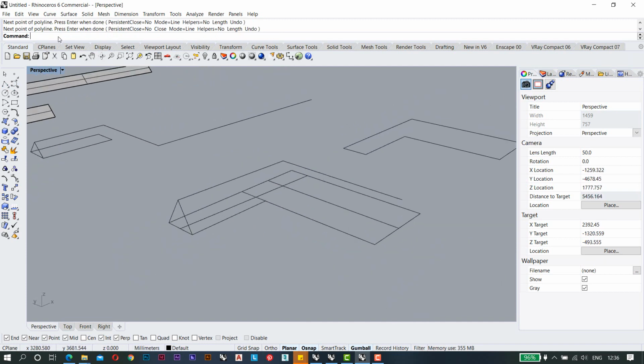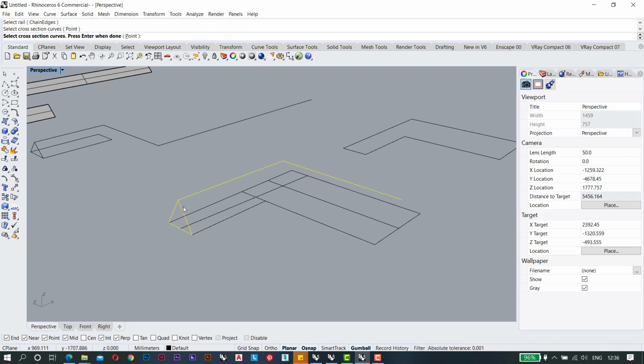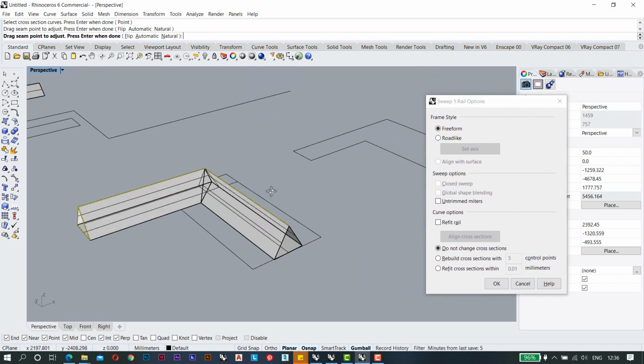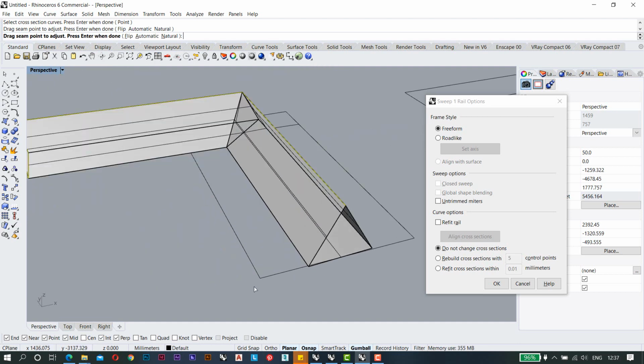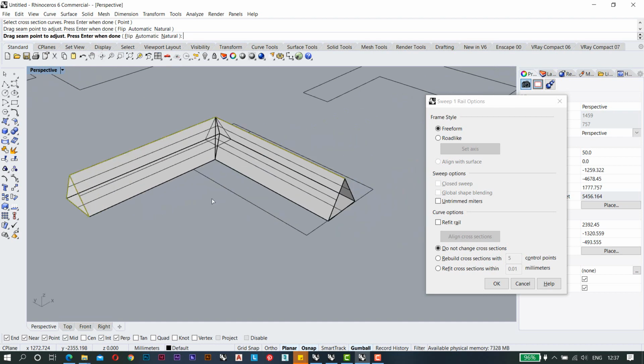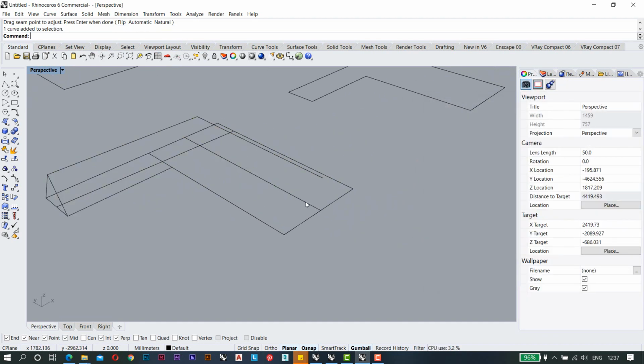So in this case, if I apply sweep1, so you will see what will happen. If this is my rail and this is my cross section, so this thing will be there. But you can see here my span is bigger, but here my span is complete. So I need the span little bit more.